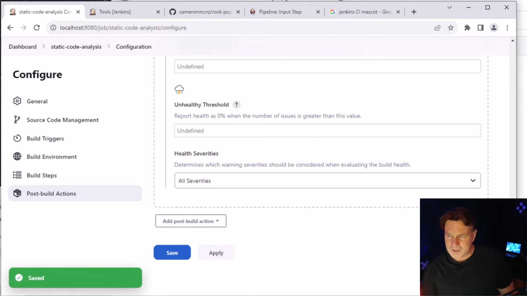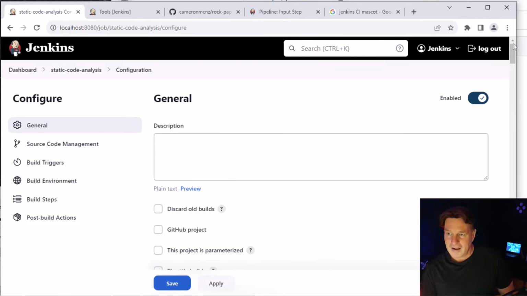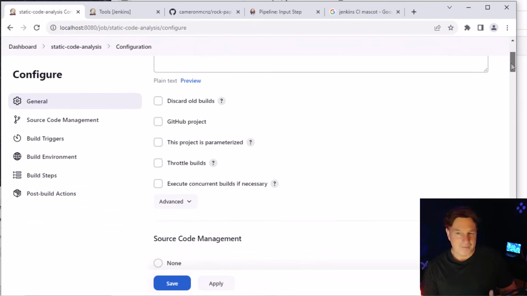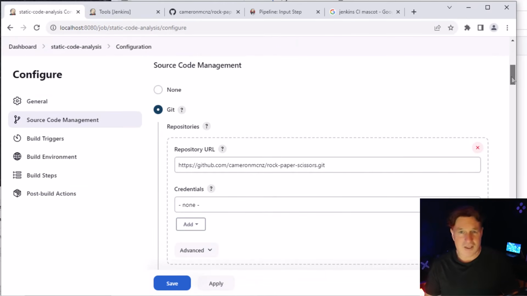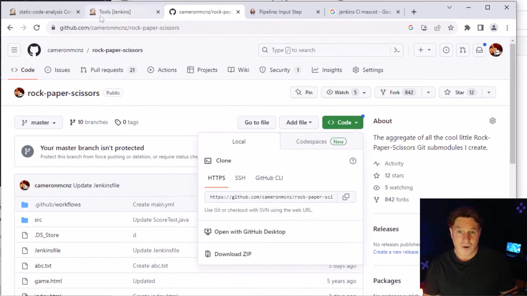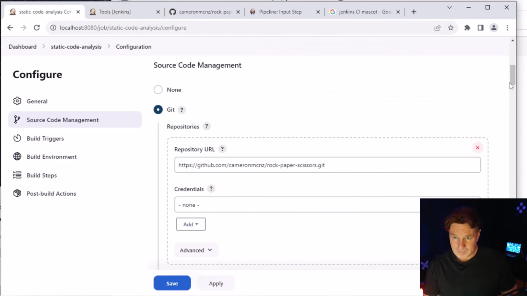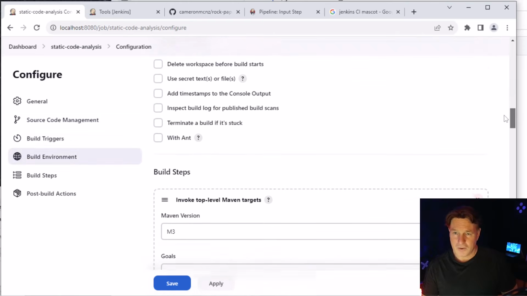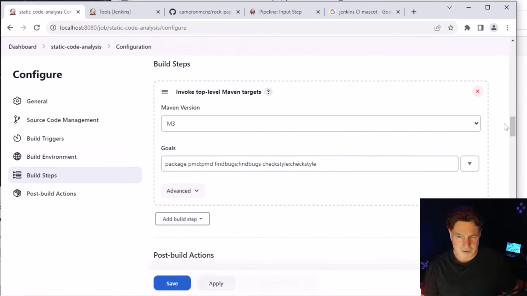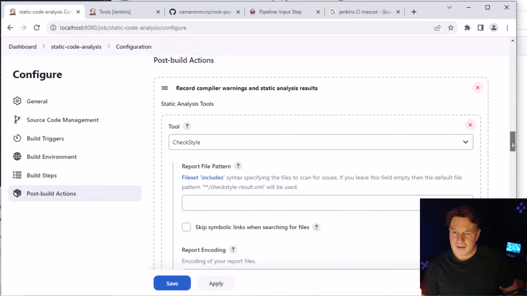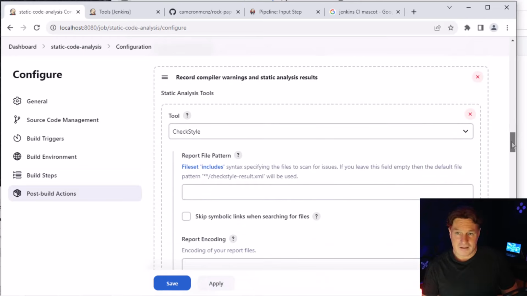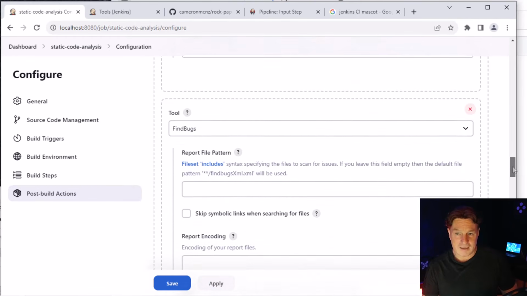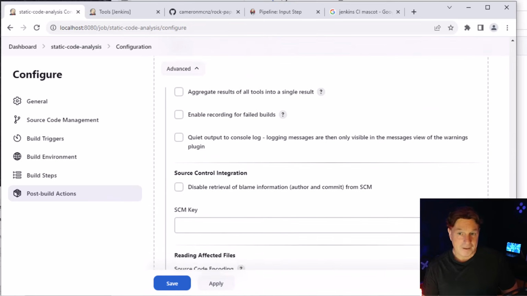I'm actually going to scroll up just to take one more look at this. So again, this was a Jenkins build job. Nothing configured in the first section. Second section, I pointed to my GitHub repository that has the rock, paper, scissors code in it. Furthermore, it's going to the master branch, no build triggers, no build environments. The build step was simply package, PMD, Findbugs, Checkstyle. And then finally, I just said aggregate the Checkstyle and the PMD and the Findbug results, and maybe set some